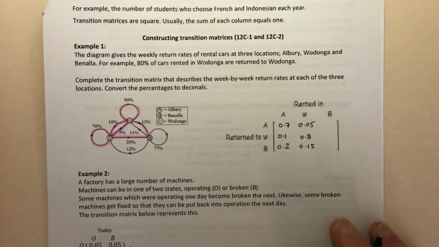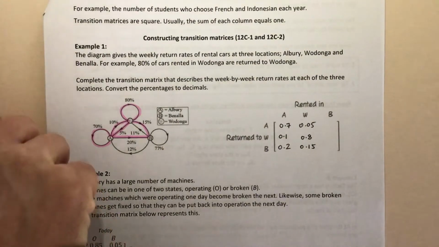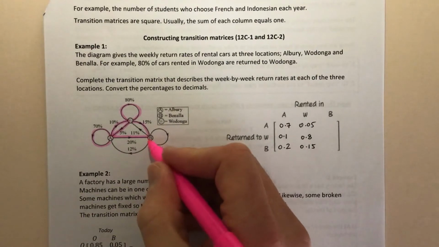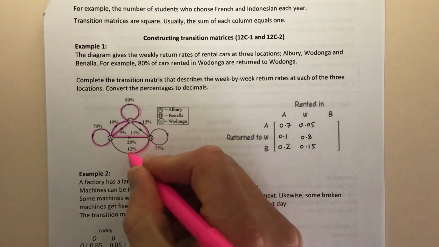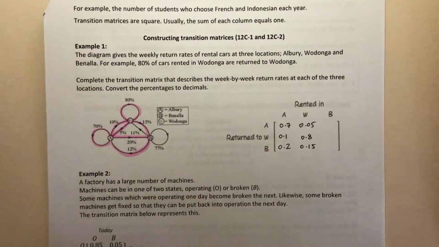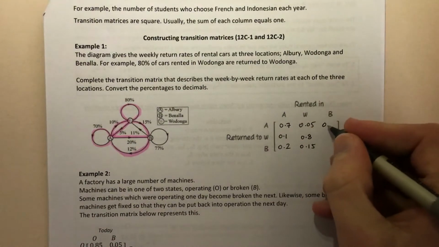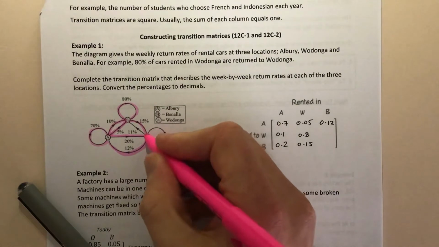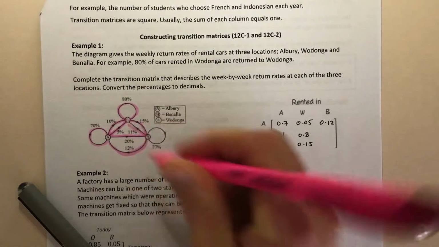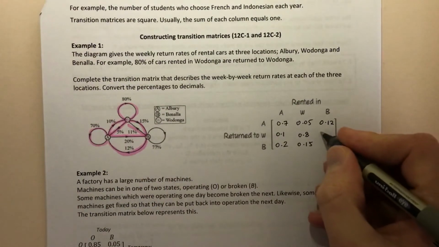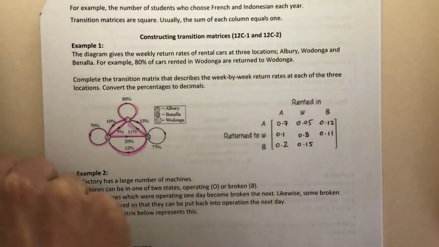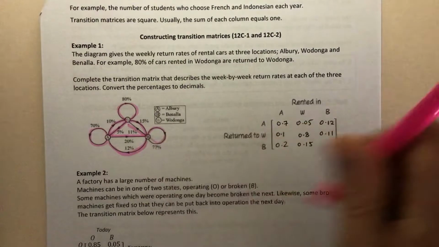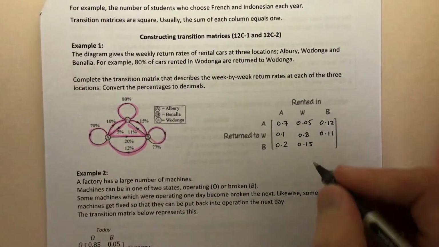And finally, the cars that are rented in Benalla. So let's go B to A, so Benalla to Albury, is 12%, so 0.12. Benalla to Wodonga, B to W, that's 11%, 0.11. And B to B, Benalla to Benalla, is that loop, 77%,